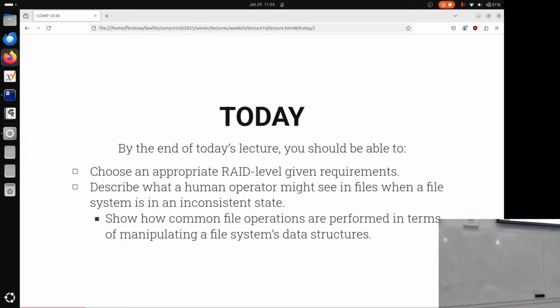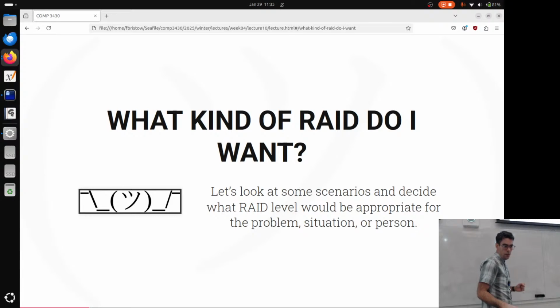Today, we're going to be spending a lot more time thinking about what we're actually making changes to when we're changing the contents of a file, so when we're doing write operations to a file system. This is going to be, like I said, a verbal summary of what we did last class, to give you some formal statement of what I think about each of these different situations.